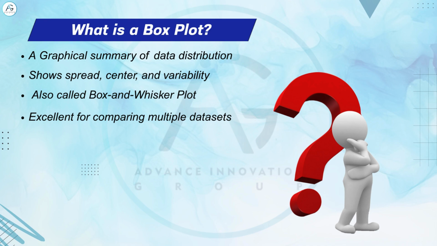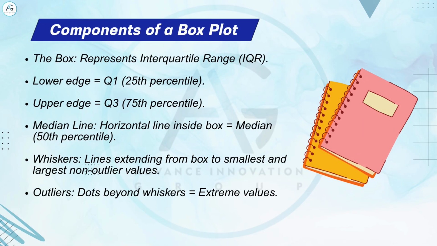What makes box plots especially powerful is that they allow quick comparison across multiple groups or data sets. We can visually assess how distributions differ, whether one group has more variability, a higher median, or more outliers than another. In summary, the box plot is a compact visual way to convey important aspects of data distribution, all at a glance. Let's take a closer look at the components of a box plot and what each part tells us